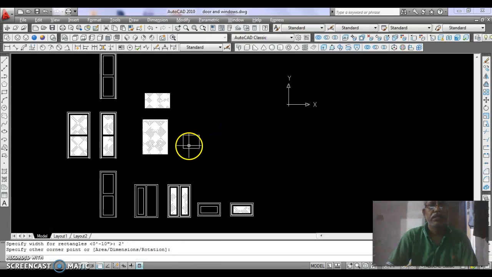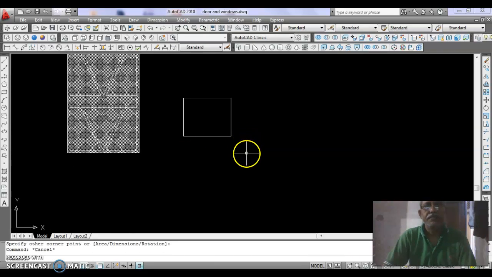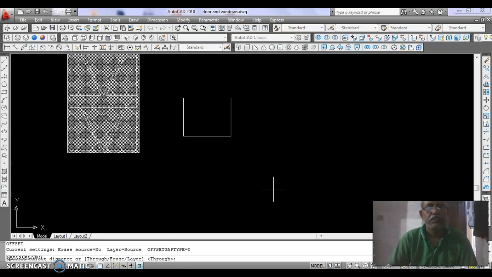So this is the ventilator for the washroom, and you just offset it by